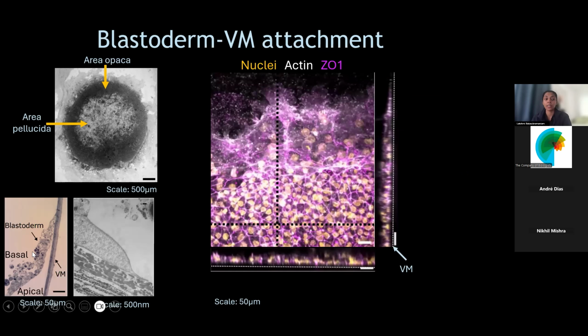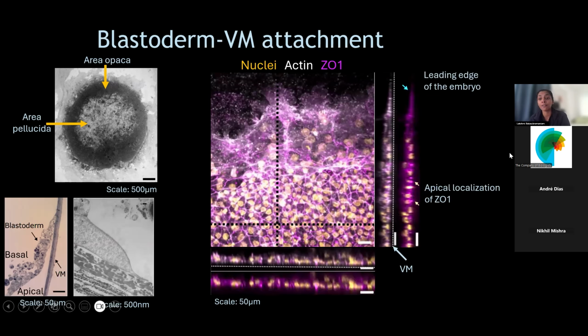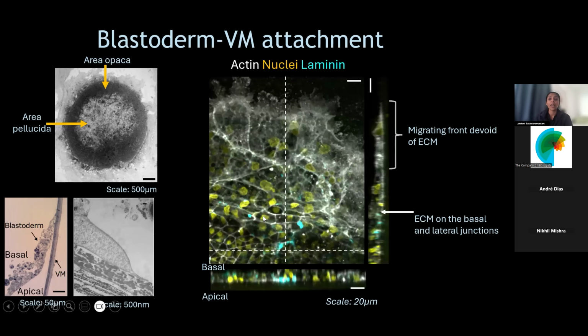What's even more fascinating is that even though it's anchored on the edge here, the cells which are free floating have an apical polarization facing the vitelline membrane and a basal polarization facing the yolk. This is a staining of ZO1 to illustrate this, where you have the vitelline membrane on your right and ZO1 being polarized onto the side that faces the vitelline membrane. And when we look at the basal lamina similarly, this is a staining for laminin, where we see laminin on the basal surface, which is the side facing the yolk in this instance, and the edge itself is devoid of